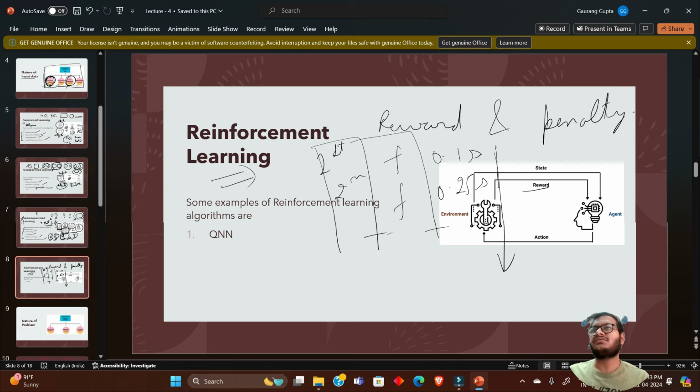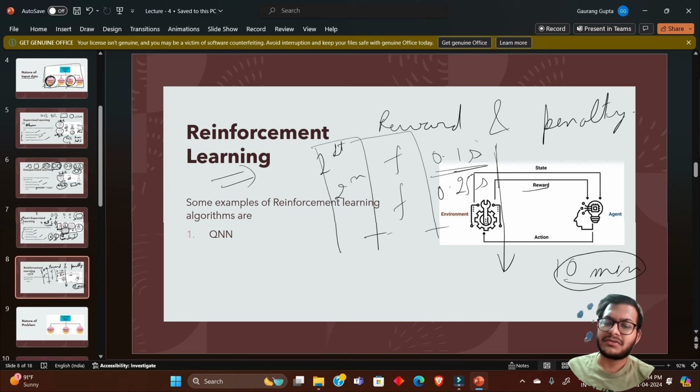Let's suppose you built a model saying that, okay, the pen should stay upright for at least 10 minutes. After that, okay, it can fall. We don't care, but for 10 minutes at least it should be stable. It should not fall. So what will happen? The machine will try to increase this 0.1 second to 10 minutes. But it will not happen in one go. No. What will happen is that it will train itself, it will fail, then